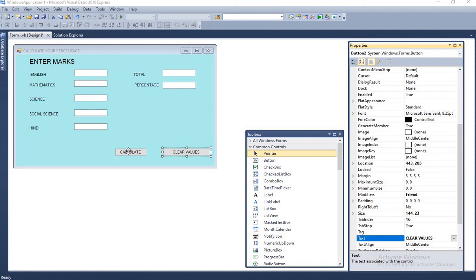Designing work is over. Now we will write the code. For writing the code, double click on the calculate button.